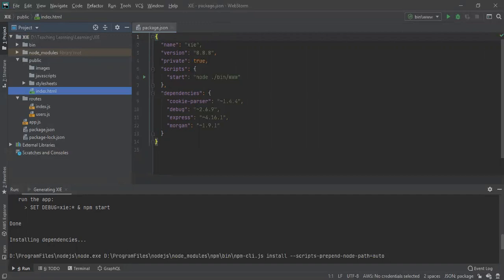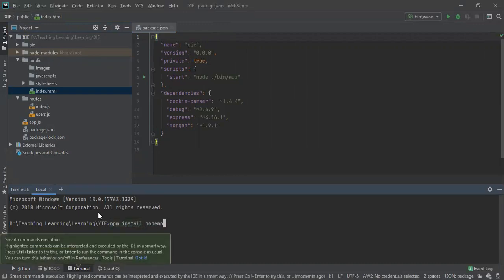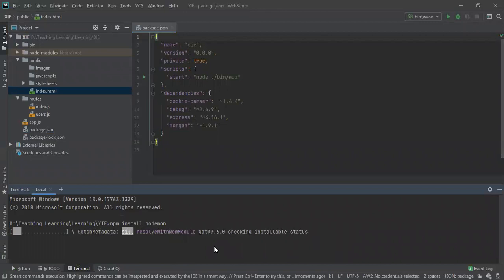But let's add a few more packages that we need. The first package that we need is nodemon, so npm install nodemon. Because of this, we don't need to restart our server every time we make some changes. So we'll first install this nodemon.